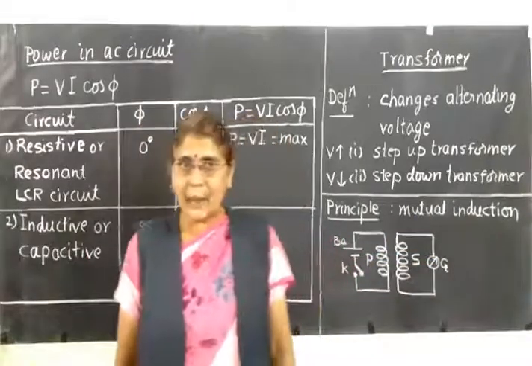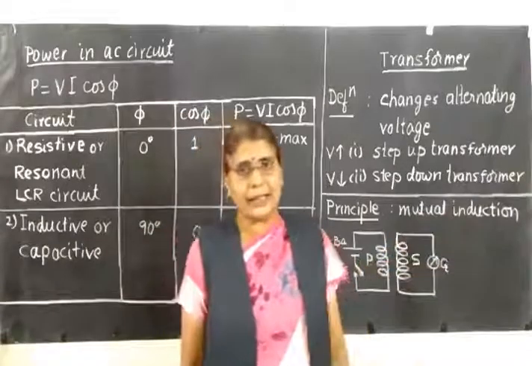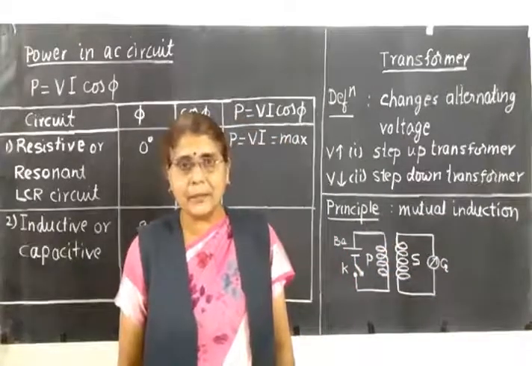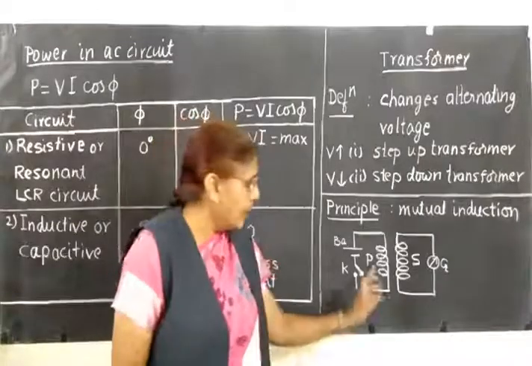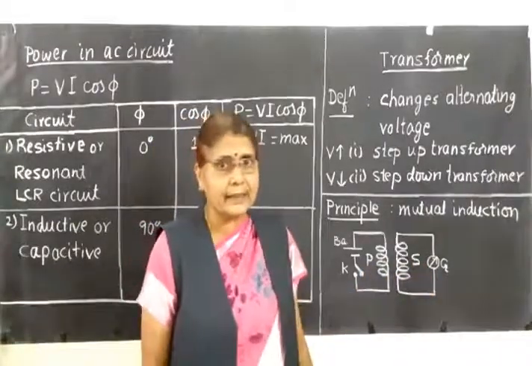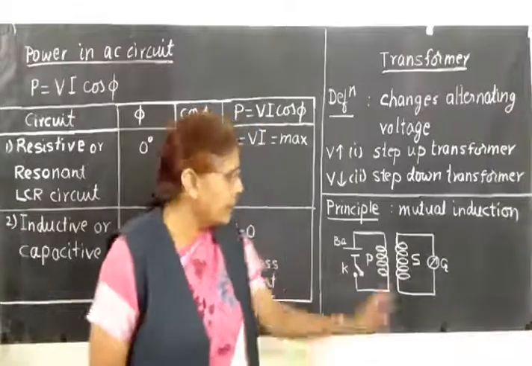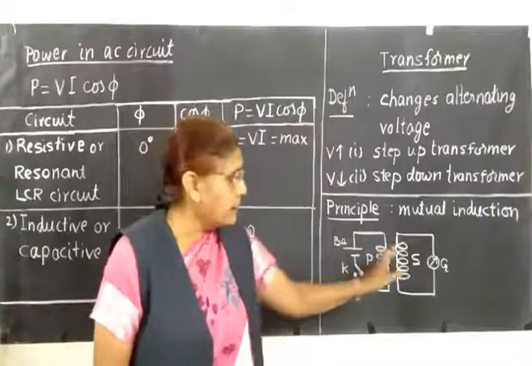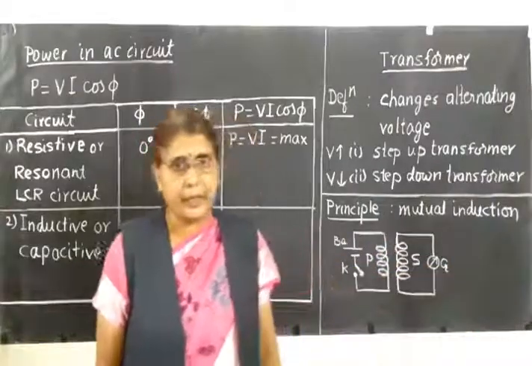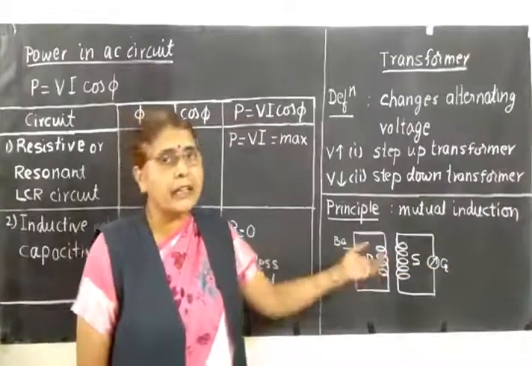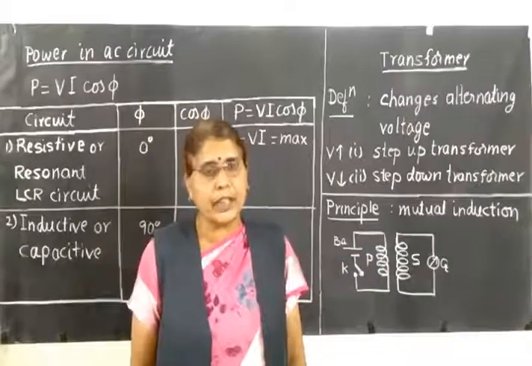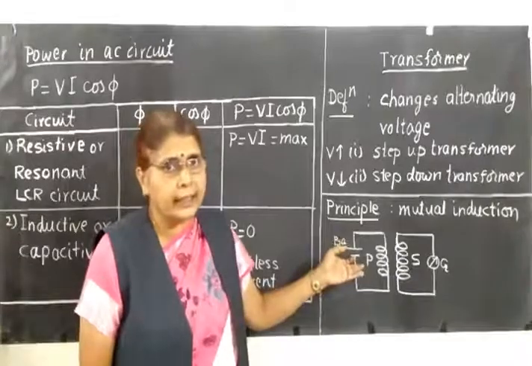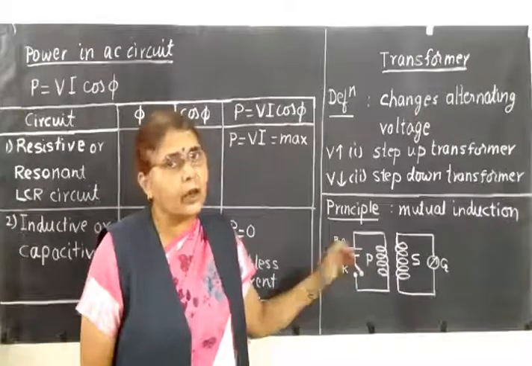In the previous chapter, we have studied mutual induction. Let us revise what we had studied. We had two neighboring coils, primary P and secondary S. Primary P is connected to a battery and a tap key, and the secondary was connected to a galvanometer. Now you change the current in the primary coil. How do you change the current? Either you press the key K or you release the key K. So current will be increased or decreased.